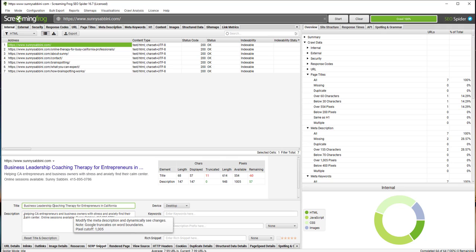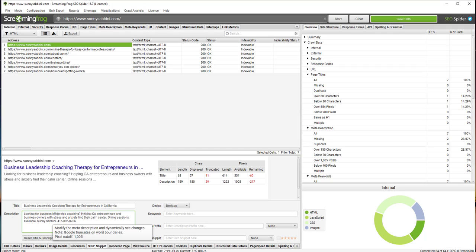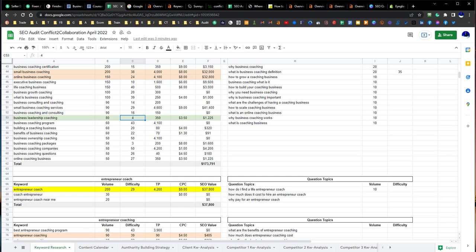And you then would also put it in the description. Usually I do something like looking for business leadership coaching, and that tends to kind of touch on the keyword. So the main thing is to have the keyword both in your title and in your description. If possible, you could make a dedicated page called Business Leadership Coaching on your website. That would then give you 3 factors of trying to rank for that word.